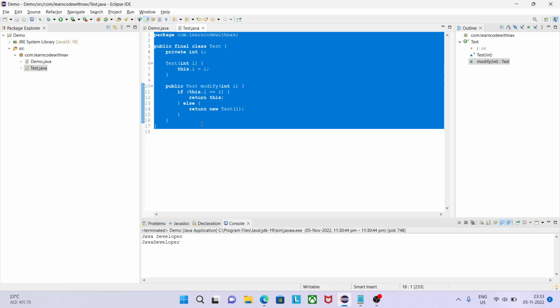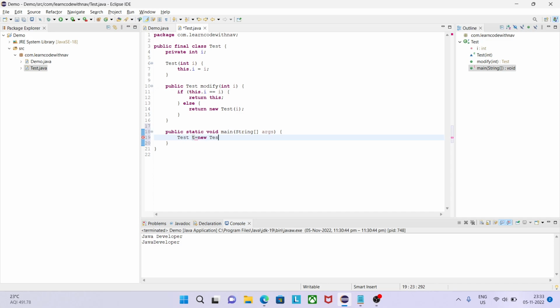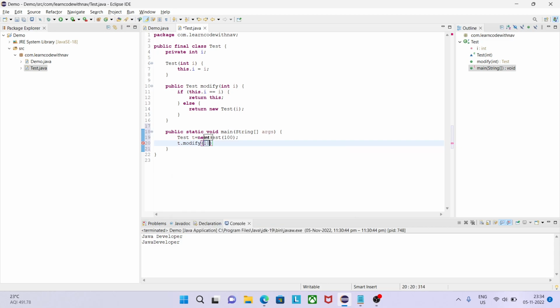Now let's define one main method into it. We will initialize Test t is equal to new Test of 100. Now we are calling t.modify method and passing the 10. It will give me